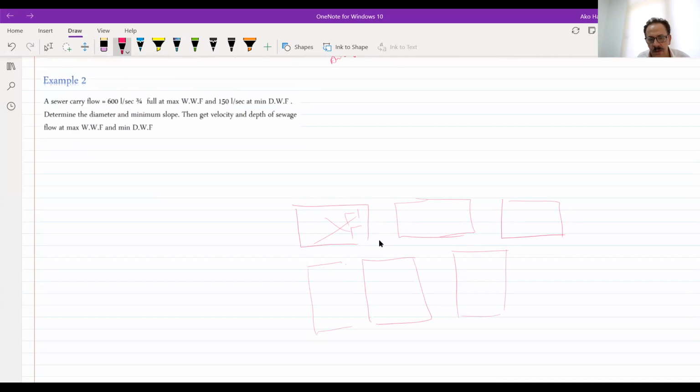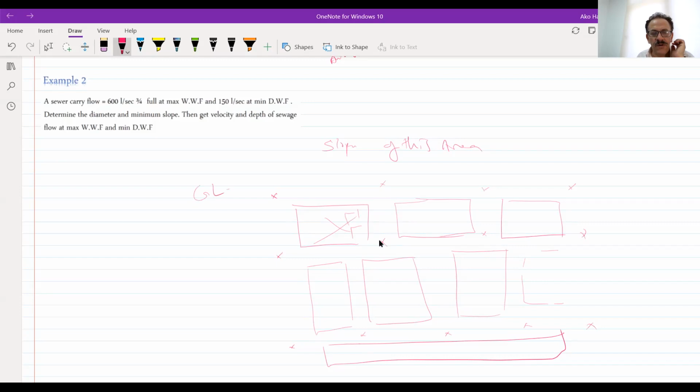So if you, as an engineer, are responsible for designing the sewers of this area, what should we do first of all? You have to look at the slope of this area. I mean I want you to take these points. These are points that have been surveyed by the engineer. So they will give you the ground level of these points.